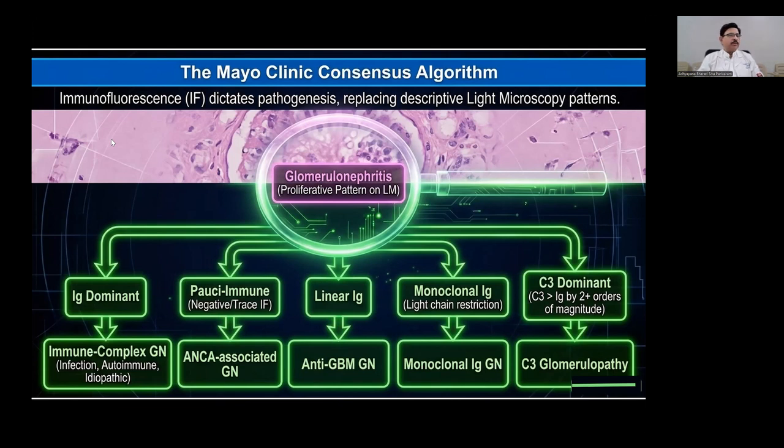What is the difference between the previous era and now? Now we are not basing on the histology. We are basing on immunofluorescence. Immunofluorescence stain must be obtained in all specimens of glomerulonephritis. And what are the 5 types? Ig dominant, which is